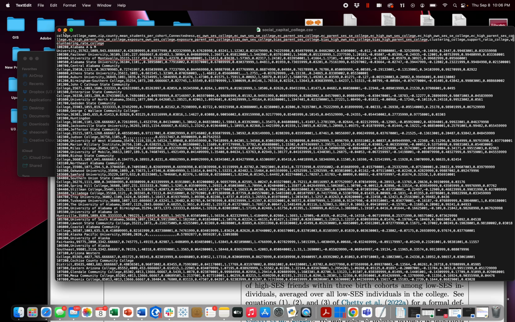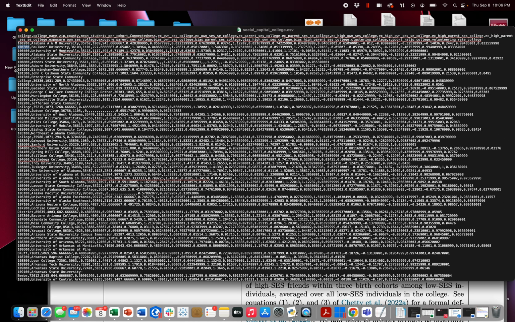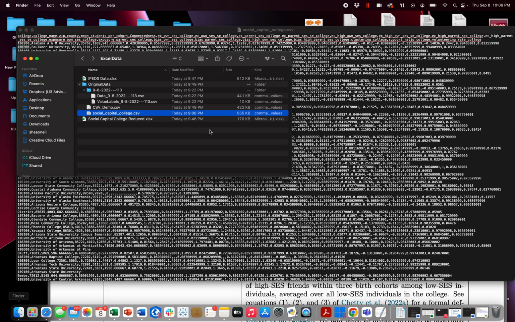You can see that each name here, right? This is the college ID, and then a comma, Faulkner University, comma, this value, that value. So the concept that I'm saying here is that it literally is a comma separated value. It's almost like you're writing something in a notepad where the cells in Excel, right, these sort of